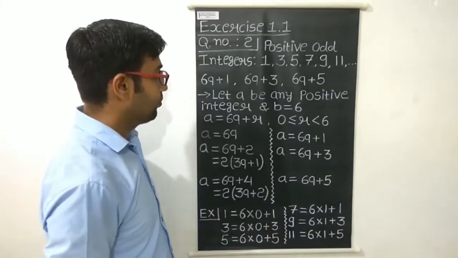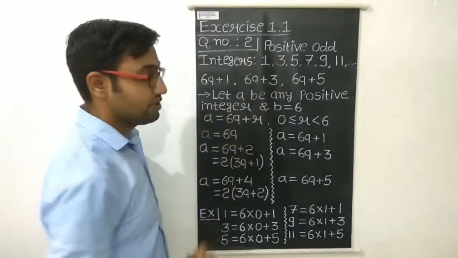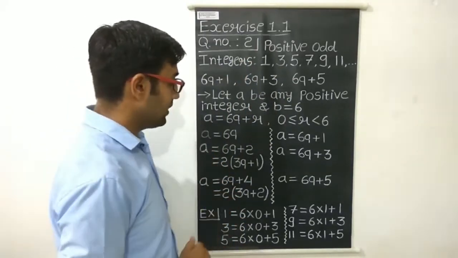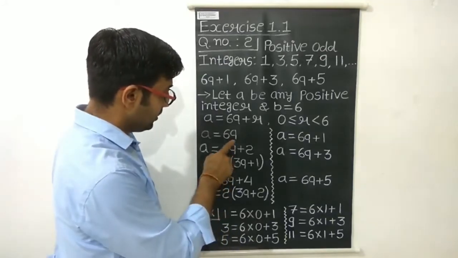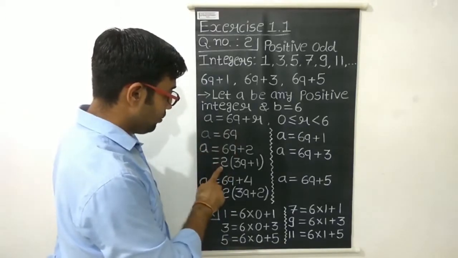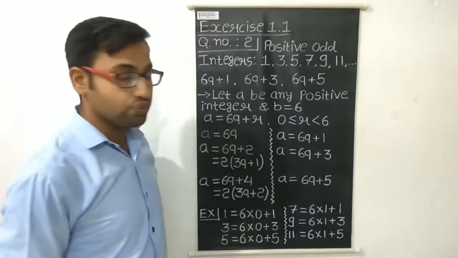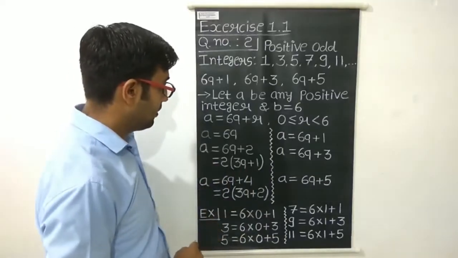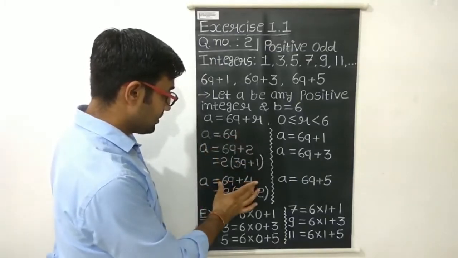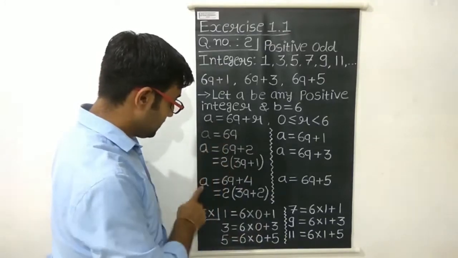Okay. Now what is the question? The question is we have to show that all the positive odd integers are of a certain form. We can show this in two ways. One way is, notice that these integers are in the form of 2 in the bracket, 3q plus 1, and this is 2 in the bracket, 3q plus 2. So if we take these three numbers, 6q plus 4 and 6q plus 2,